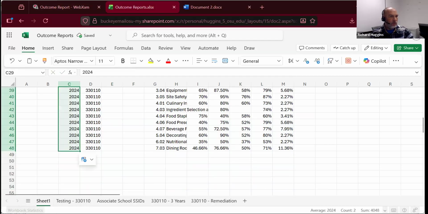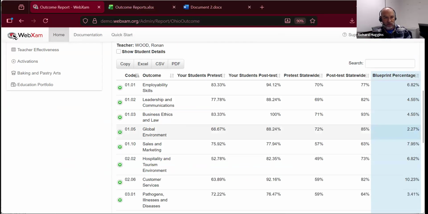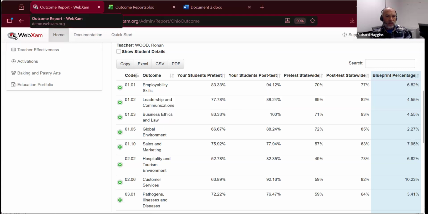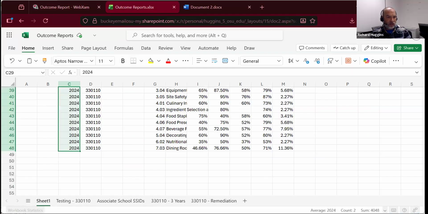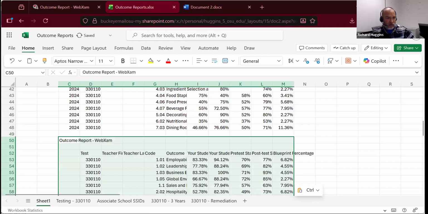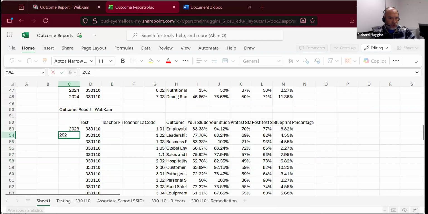And then again, let's go one more year back. So we can choose 2022, 2023. And so this works best if a test has been out for several years in use. Because if it's been recently rewritten, then obviously there's not a whole lot of value in comparing a new set of outcomes to an old set of outcomes. But once we do this, 2023,